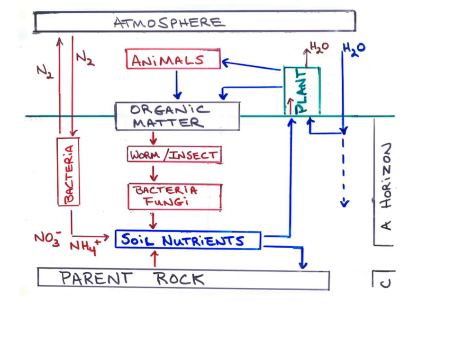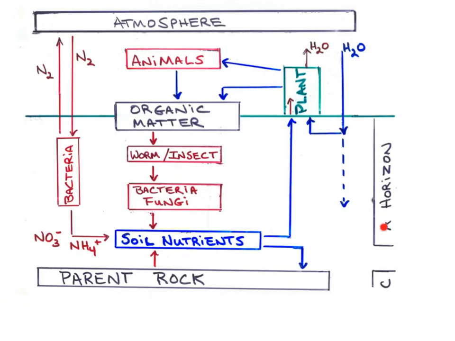This is a nice diagram to study. Pay close attention. The diagram shows soil's relationship to organisms living above the soil, soil's relationship to the atmosphere, and soil's relationship to the lithosphere. And I've labeled the transfers in blue and the transformations in red. Keep this in mind. And let's orient ourselves.